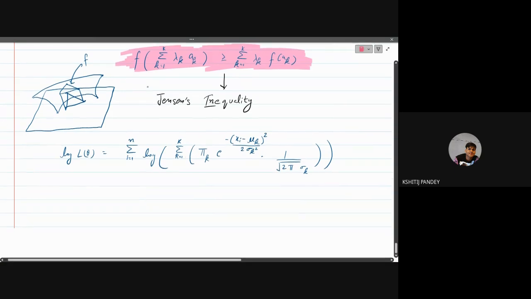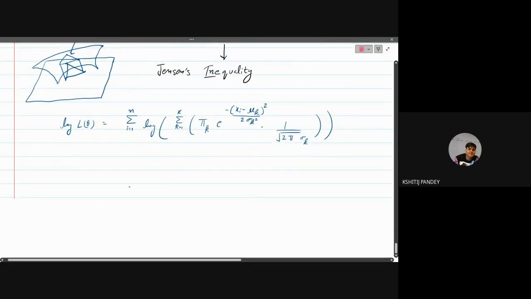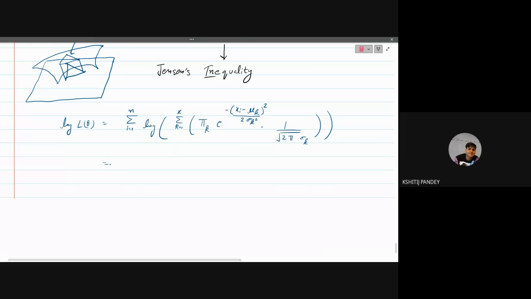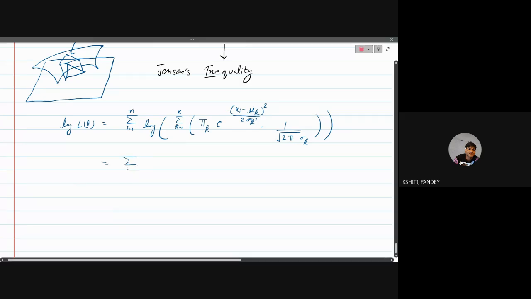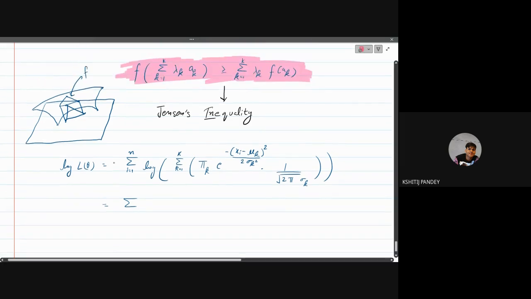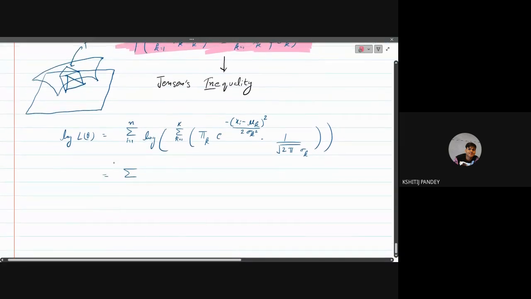Essentially we are not doing anything new, right? We are multiplying by the same thing and dividing by the same thing, so the function remains the same. We are just manipulating it a little to make it of the form of the left hand side of Jensen's inequality. So this is equal to